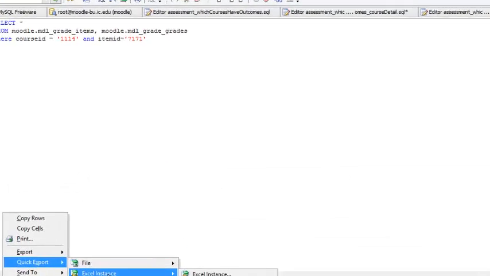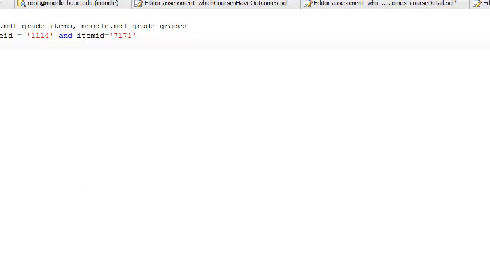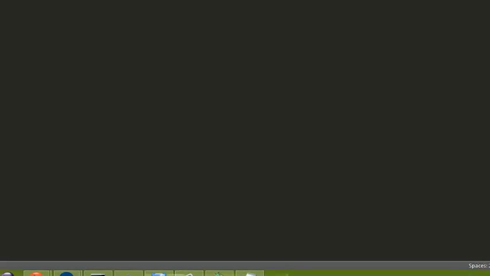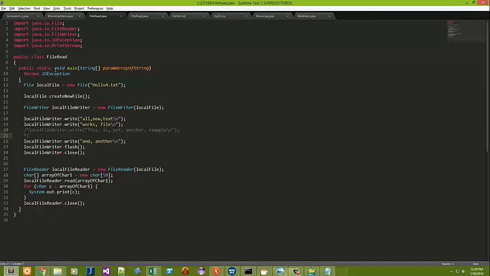So, you know, you could do it like this: quick export file, CSV like so, in Toad hitting the real database. But you would have to go through Toad and manually key in all of this stuff. The course ID, the assignment ID for all of the relevant courses and assignments. So we basically want to load up, so to speak, this file with an array of relevant parameters, and then feed these methods with the right arguments, and then trigger those methods with the right parameters, go to the database,